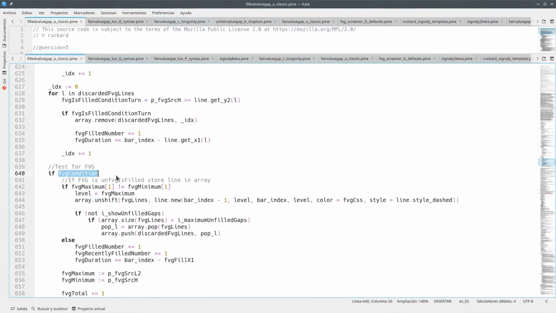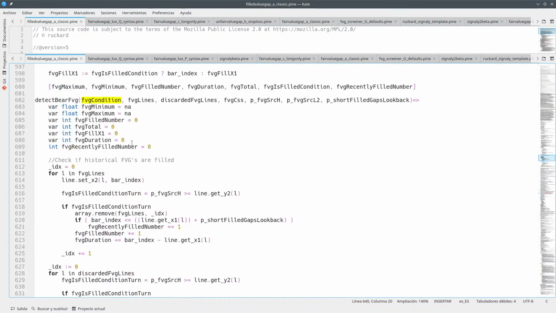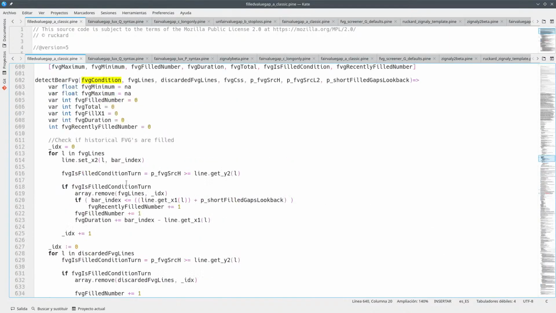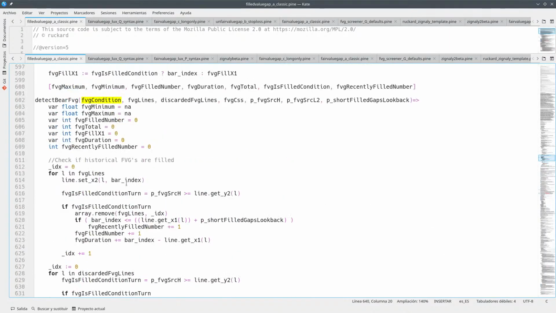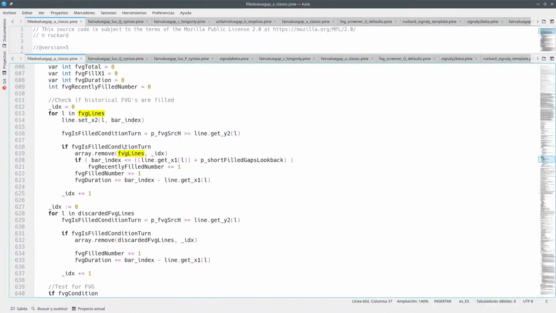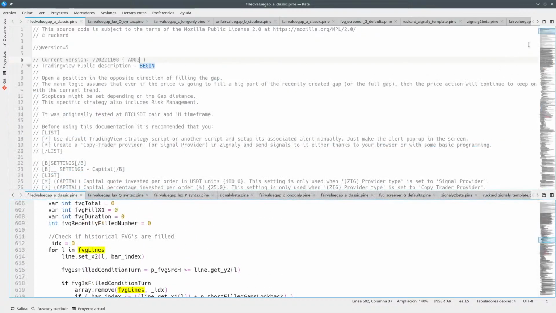Then this is added here. No, this is not added here. It's added here, and wait a moment. Is this something about the bullish and bear arrays being mixed or something? I mean, it doesn't make sense at all, but